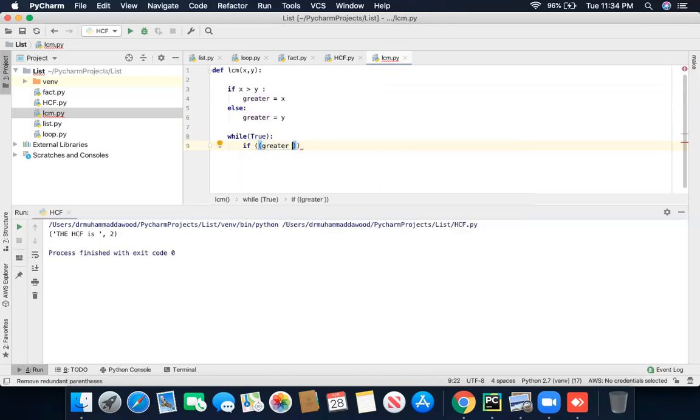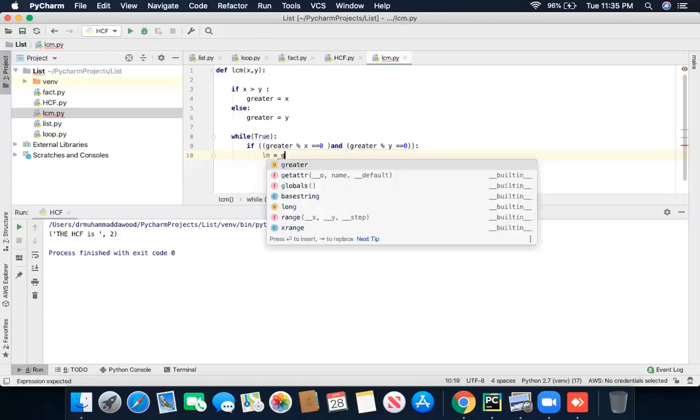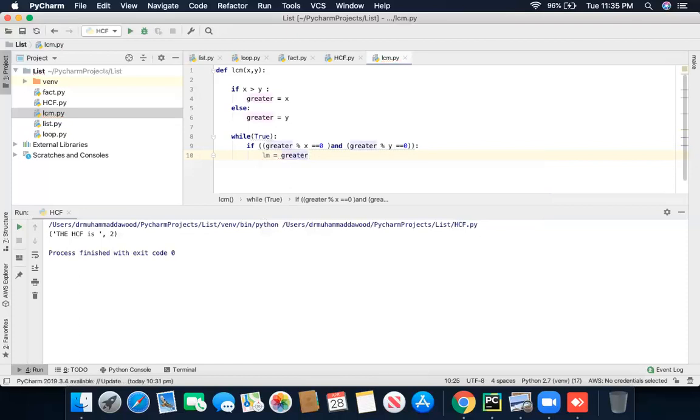If greater mod X equals 0, again the same thing which we had done before, and greater mod Y equals 0, then here we have LCM, least common multiple, equals greater, and we are going to use break.